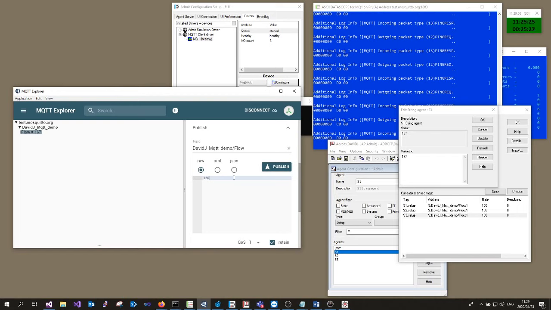MQTT, to me, I know they define it as a transport. I suppose the data can be more advanced and can be user-defined between the two clients, and the broker is agnostic to what the data is. In this case, I think the broker is agnostic to that data anyway. It just passes it on, whether it's a byte array or a string array.